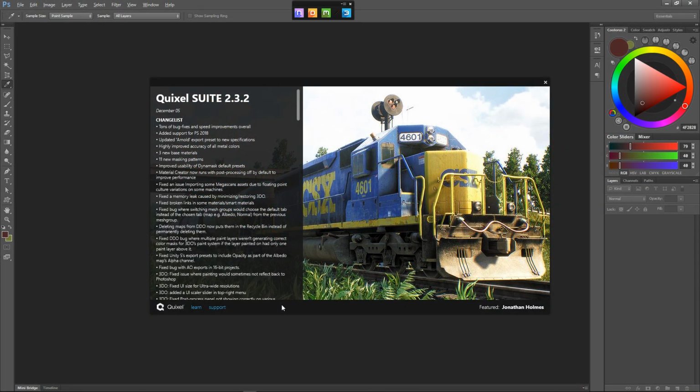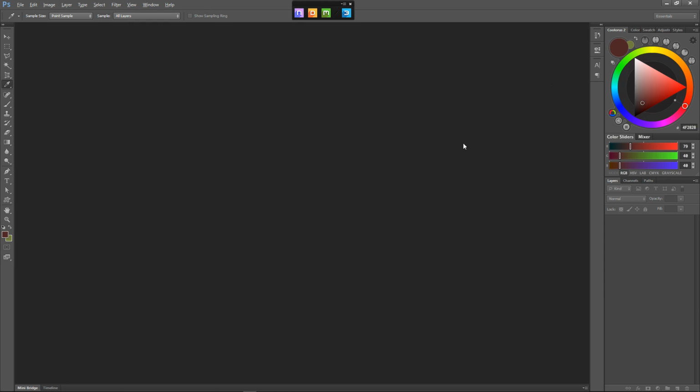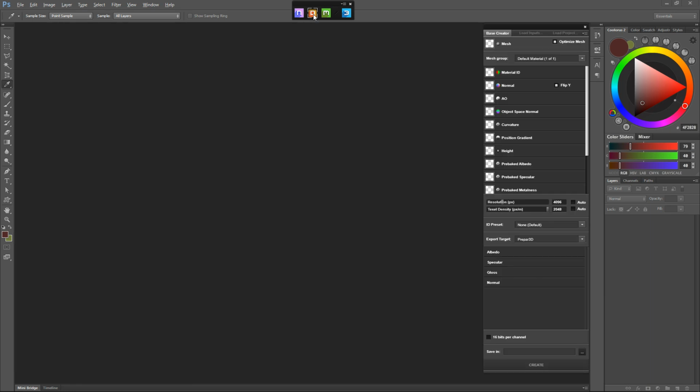Now we're in Photoshop, and I've launched the Quixel plugin. And the first step here is to actually set up your mesh. This is the D-Do interface. This is where you do your painting work. Over here on the left is N-Do, which is just an incredible asset in Quixel. You can do all of your bump mapping in 3 dimensions. When you're working with complex shapes, it really makes a big difference in the bump mapping workflow. We'll do a separate tutorial on that. For right now, we're just going to set up a mesh and tell you how to get colors out to